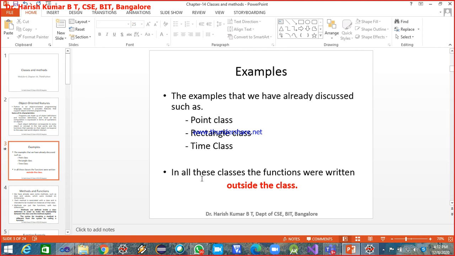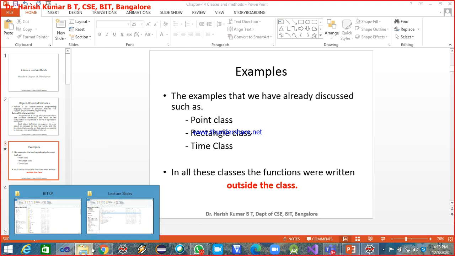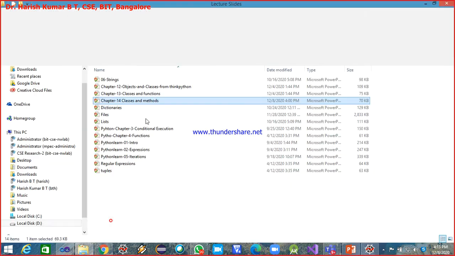Now in all these classes, whether the point class, rectangle class or the time class, the function definitions we wrote were written outside the classes. If you just recall the point or the rectangle class or the time class what we wrote, the definition of the function was written outside the class. I'll show you.